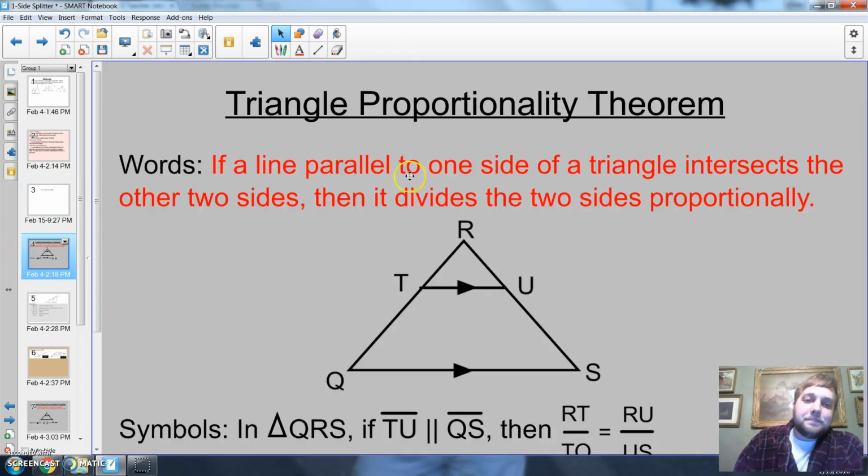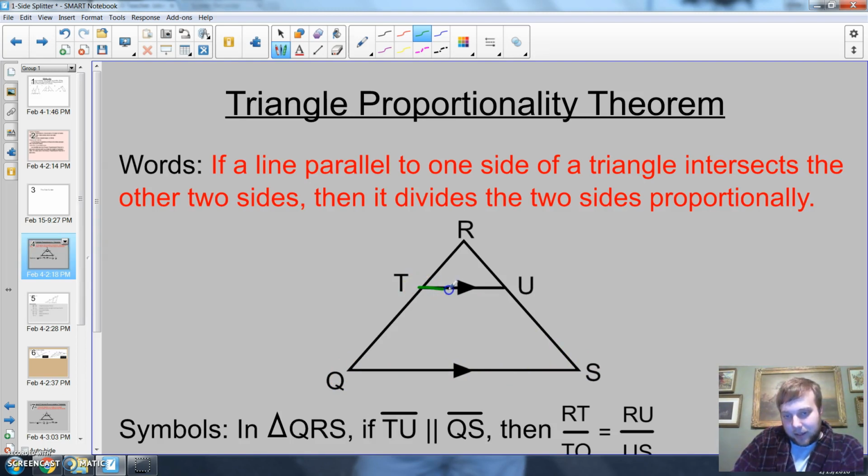Let's take some notes here. If a line parallel to one side of a triangle intersects the other two sides, so here we go. Here's one side of a triangle, and I have this line here that is going to be exactly parallel to it. If it divides the other two sides, it went through that side and through that side, and it's parallel to this one, then they are proportionate. And remember what that means in layman's terms: